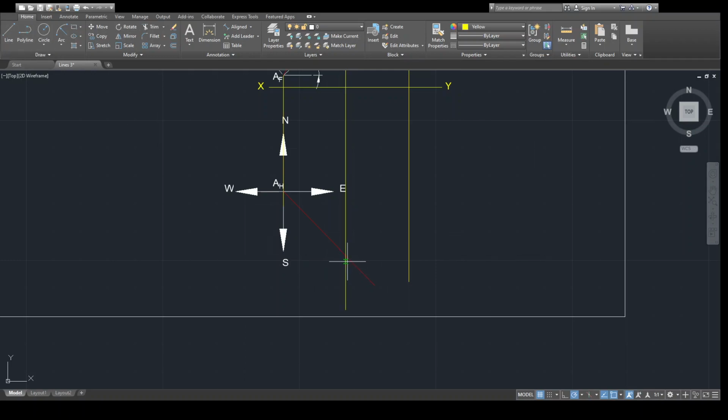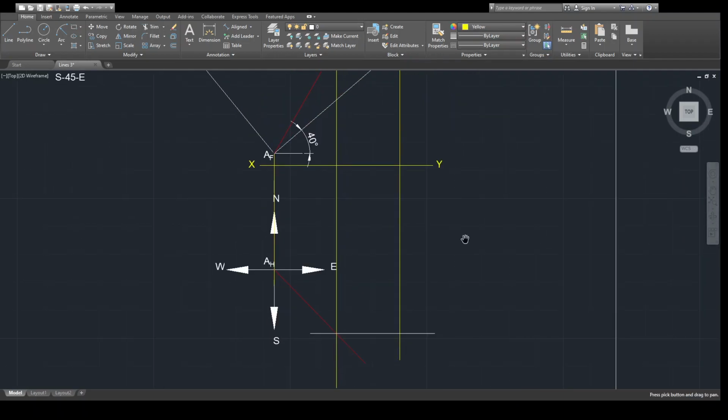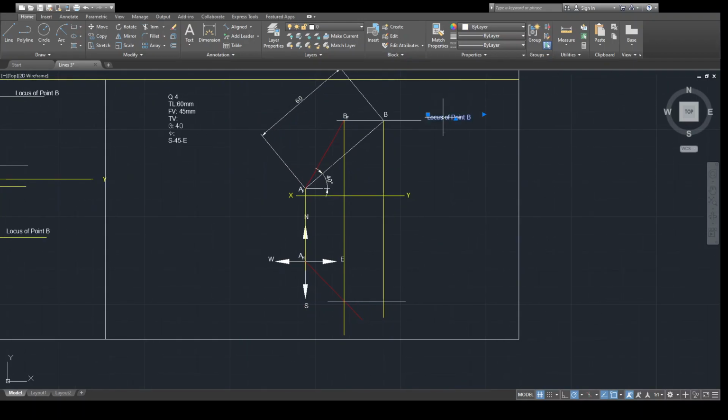Okay. So this is point H, and this line is nothing but the locus of point B in case of top view. So this is the locus of point B in case of top view, and this point is BH.